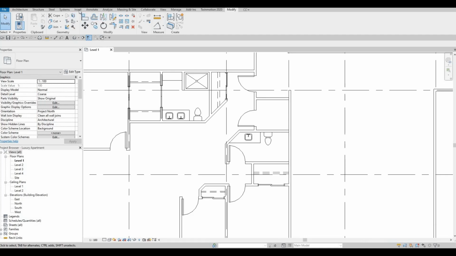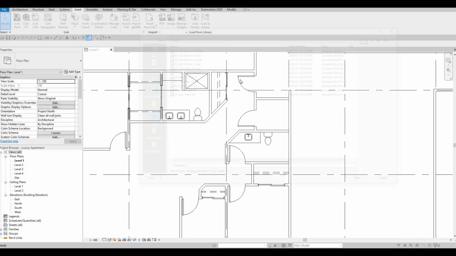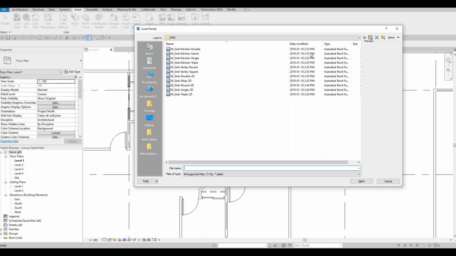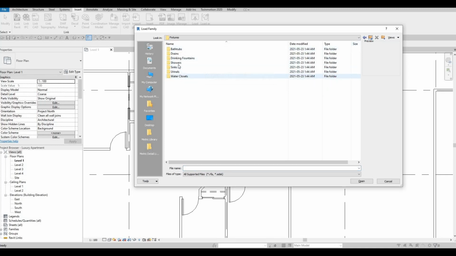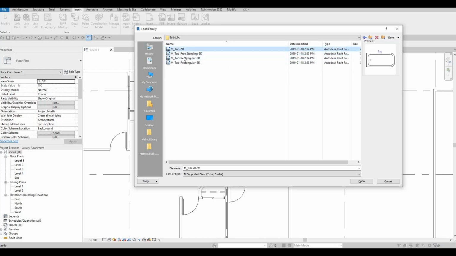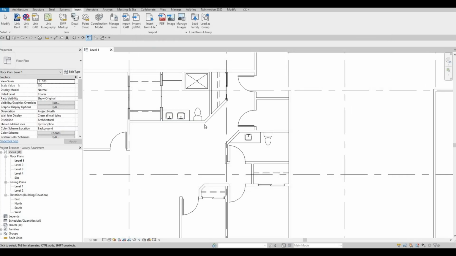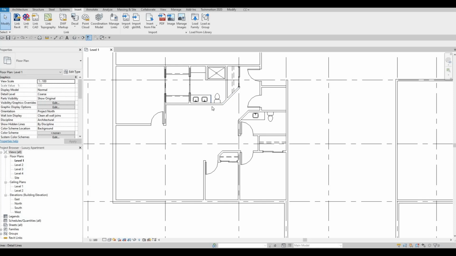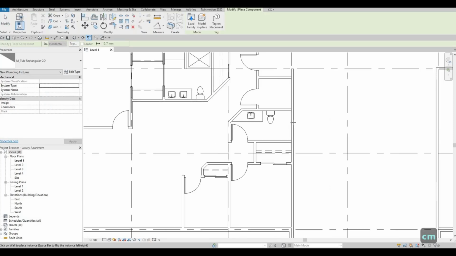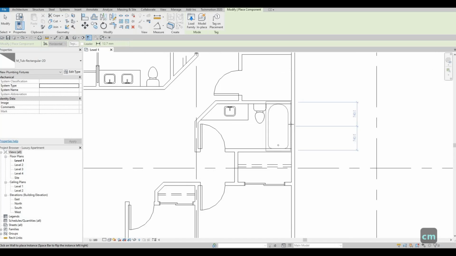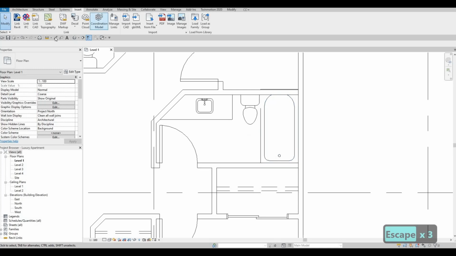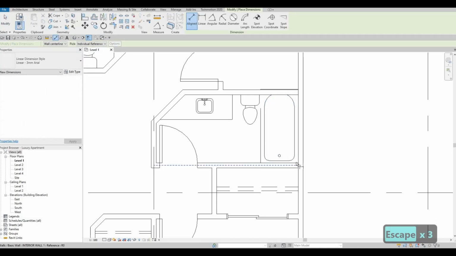And then let's go back here, load family, and then go back again. And then now we could add in the bathtub. We could just add in 2D. And then here, once we load it, CM, load it like that. As you can see, it's too big. Let's go and check the dimension. Spacebar,